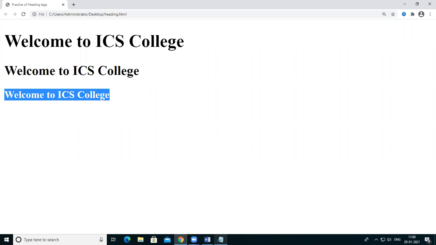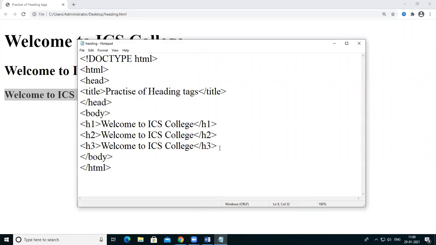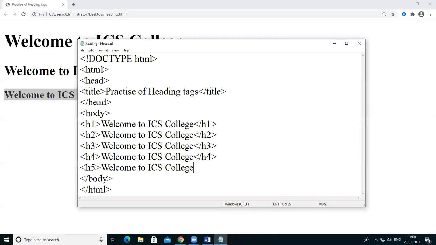See, I'm mentioning all these tags here: H4, then H5, and H6.